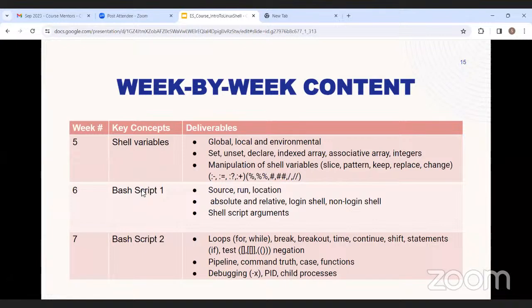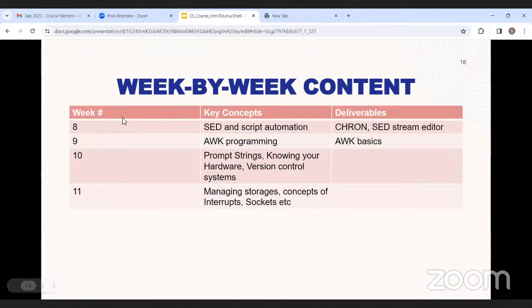So everything you have learned from week one through four will be combined in these following three weeks, and you should be able to build bash scripts by the end of week eight, right? In week eight, we are introducing a special utility called SED, and a little bit about script automation. And we will then look at some of the basics of awk programming, how you can use it to